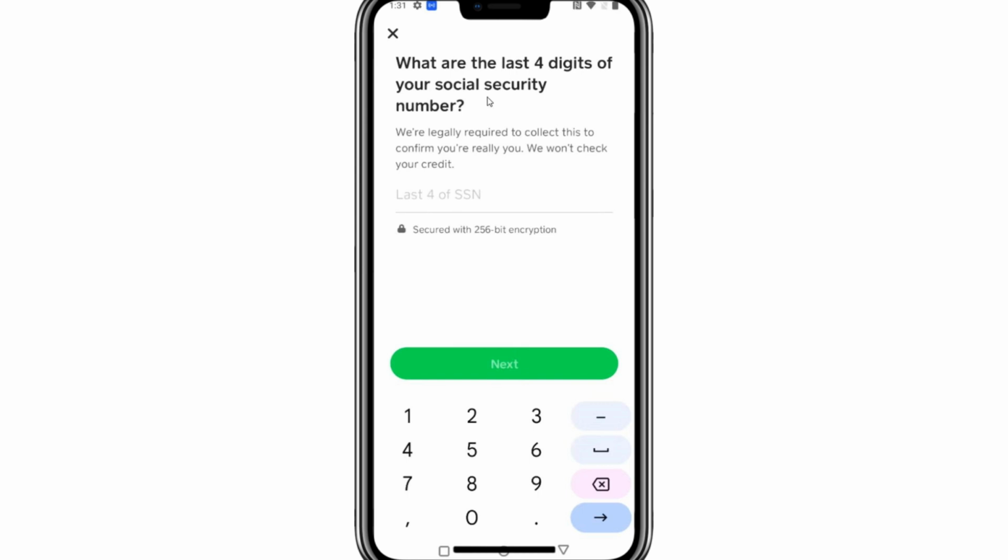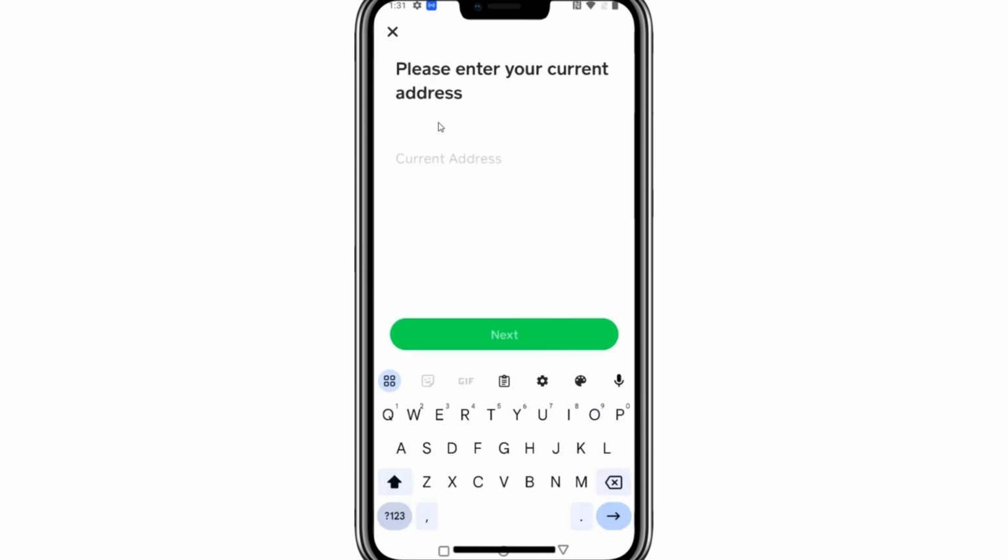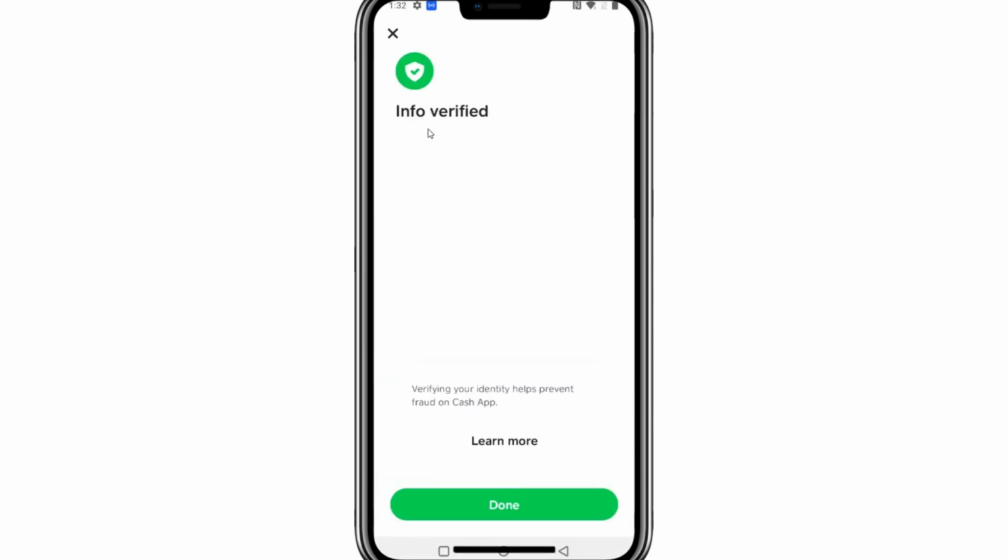Begin by entering your date of birth, followed by the last 4 digits of your Social Security number and then your current address. Be sure to enter the address where you are currently living. Once you've completed all the fields correctly, you'll see a confirmation page saying that your information has been verified. If you'd like to learn more about the process, you can select the additional info option or simply click Done